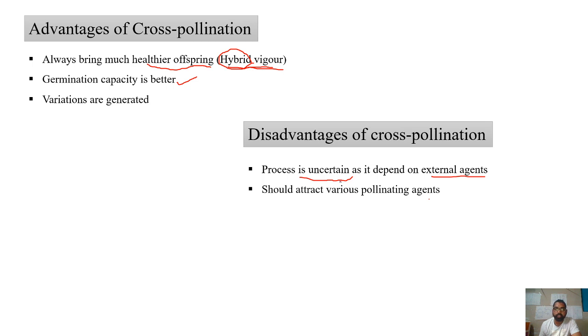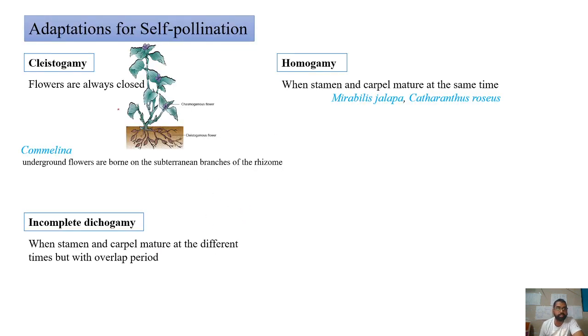With respect to self pollination, the important advantage is increased chances of pollination and assured seed set formation. Coming to cross pollination, it will lead to variation and can help in species survival. Some plants may have adaptations for self pollination and some may have adaptations for cross pollination. Those adaptations we'll see in detail.